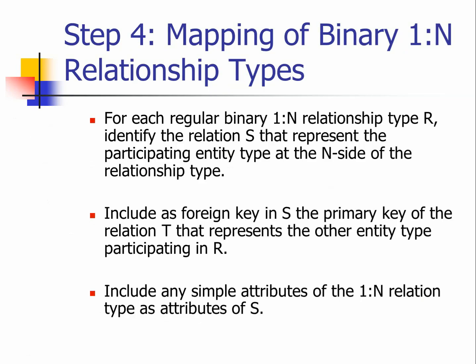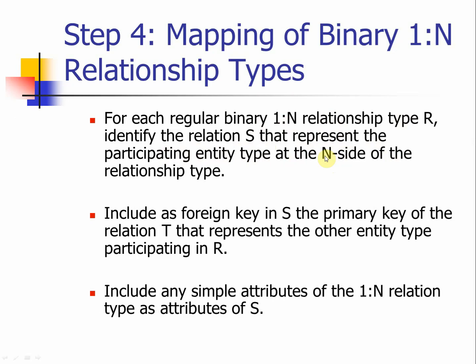Step number 4 is the next type of relationship, indicating a 1-to-N relationship. This one uses a very similar concept that you have just learned in step number 3, using what we call a foreign key technique to solve this relationship. So for each regular binary 1-to-N relationship, identify the relation S that represents the participating entity type at the N